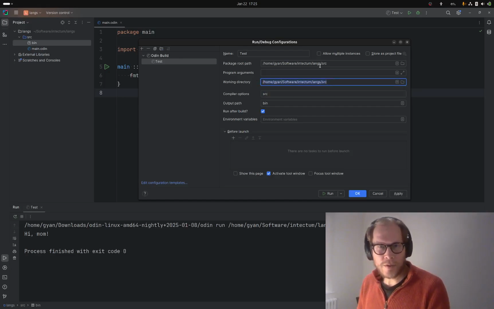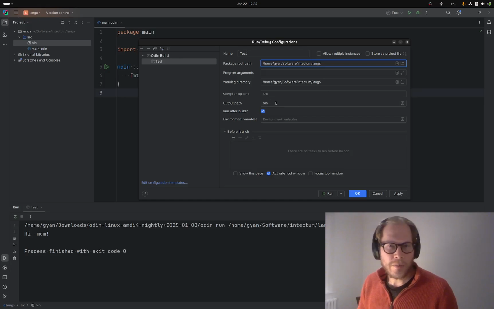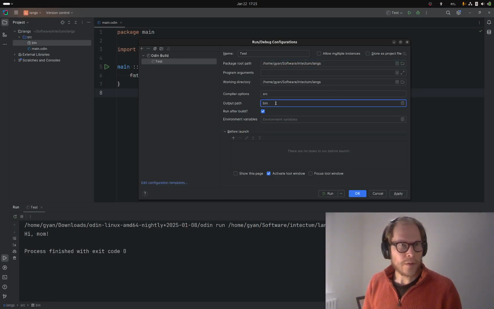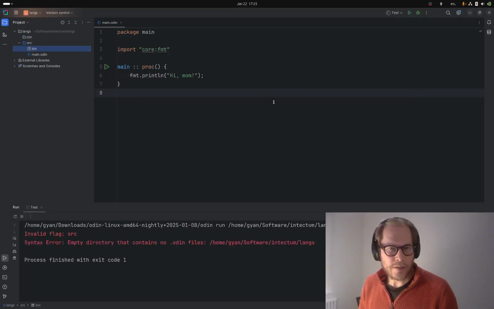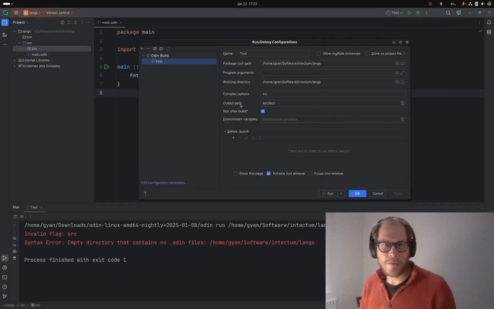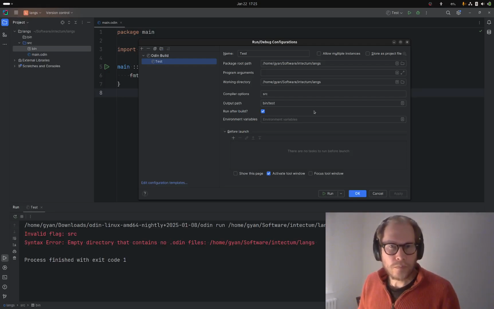Can I say source? I have a bit of a play here now. So if we say bin/test, run that, empty directory. It just feels a bit weird, doesn't it, to have